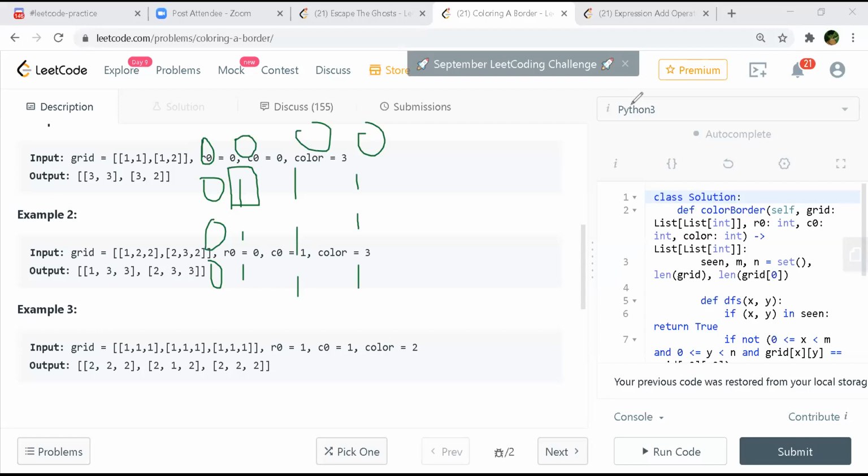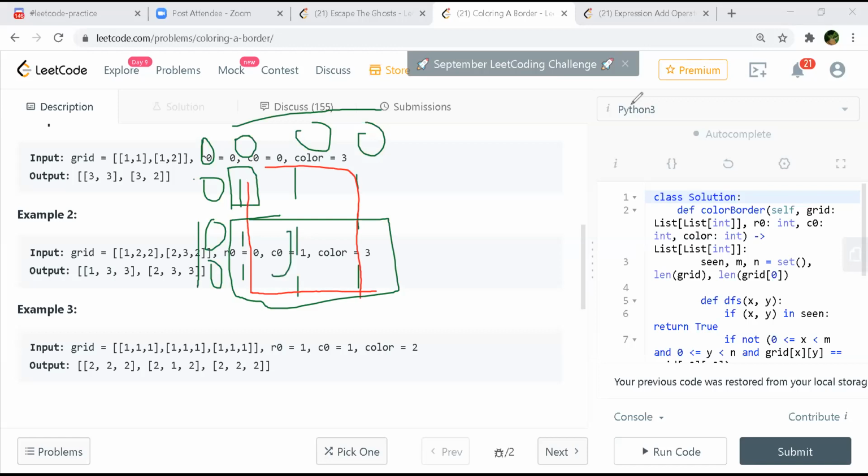So your row 1, from column 1 to column 3, will be colored, right? And in your row 2, your column 1 and column 3 will be colored. So all of this, you mean? I think all the borders. Only the border, yeah, that one and that one, correct. Because see, these are connected, right? Had there been a 4 or something over here, then it wouldn't have gotten colored. And then in that case, all of this would have been colored, right?